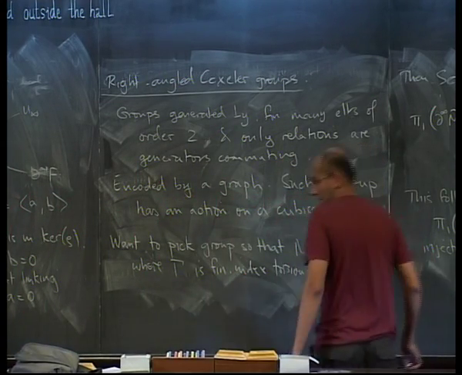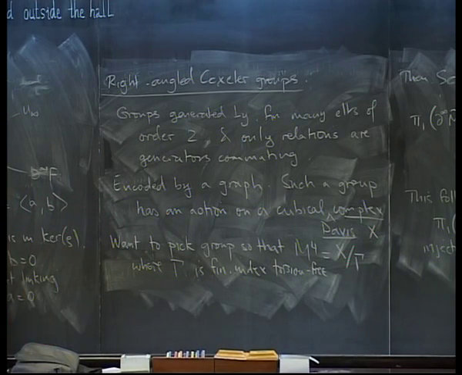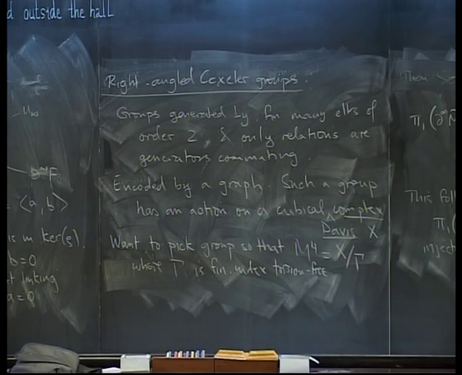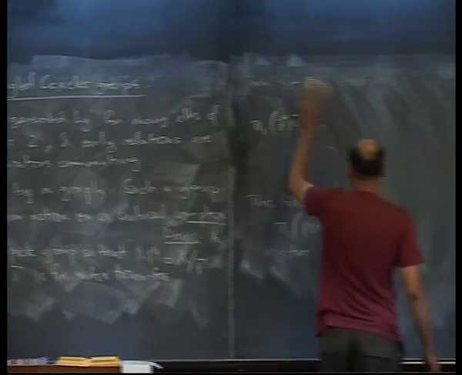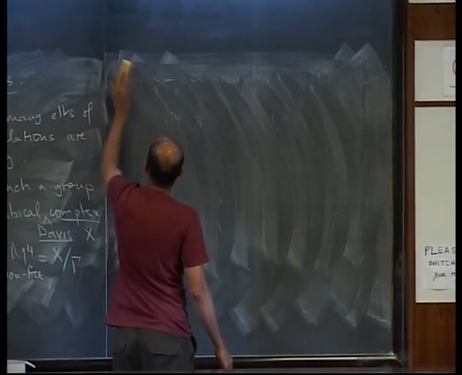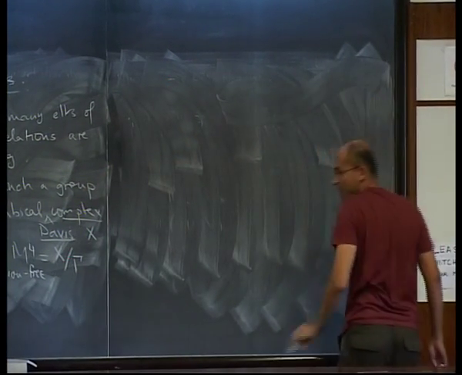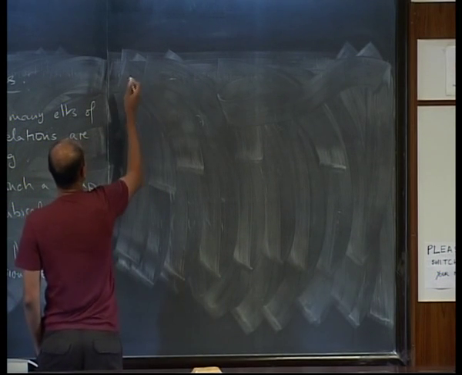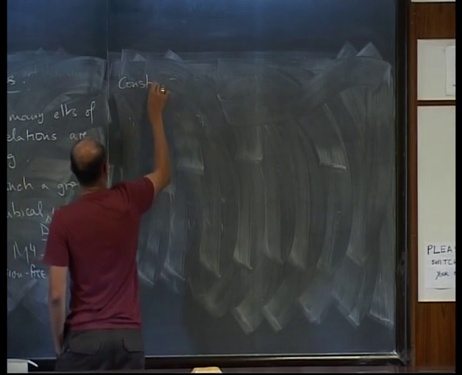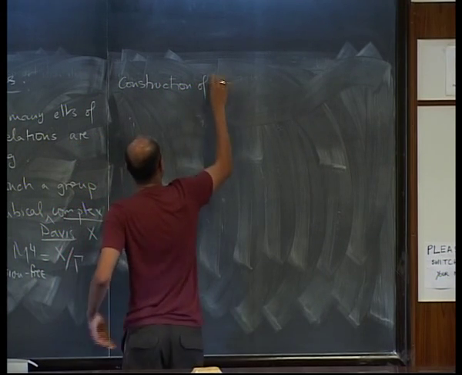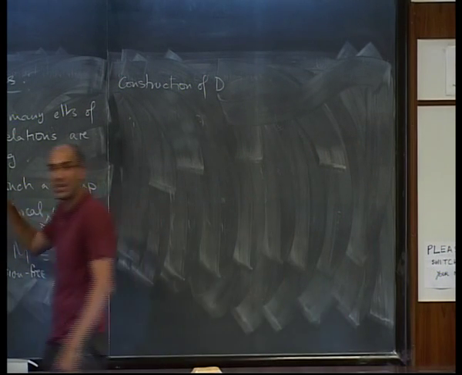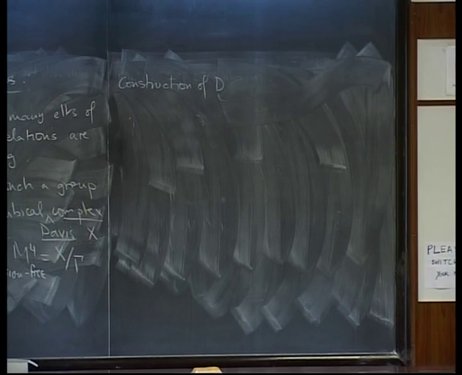So let me say a few words about how all of this goes. So maybe I'll draw one picture of a Davis complex, and you'll see what the general idea is. So you take the graph. So the Davis complex. And then once I've shown you the picture, the properties we want for the graph will hopefully be plausible at least.